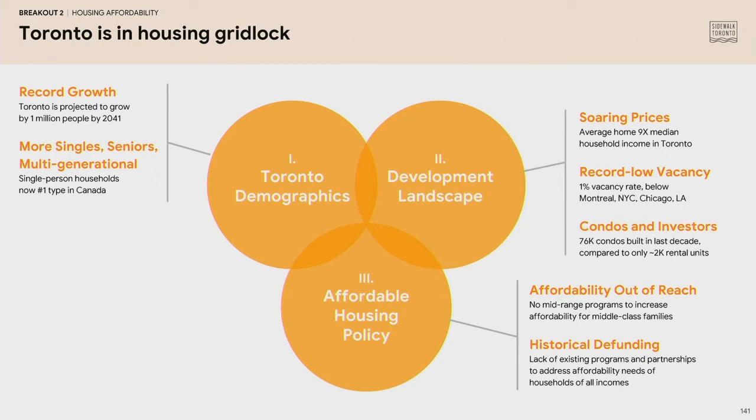And then finally, affordable housing policy. Toronto and Canada have had periods of a lot of government support and participation in the creation of affordable housing. Unfortunately, that started to wane about 20 to 30 years ago. And today we see a resurgence with the National Housing Strategy and the significant steps forward that the city's Open Door program has taken. And there is a renewed interest in government participating in affordable housing. But there was a period of time where the city lacked that participation, and therefore a lot of affordable housing didn't get built.